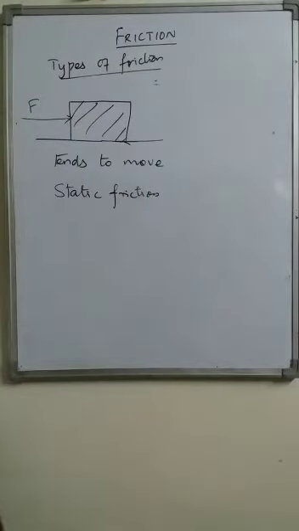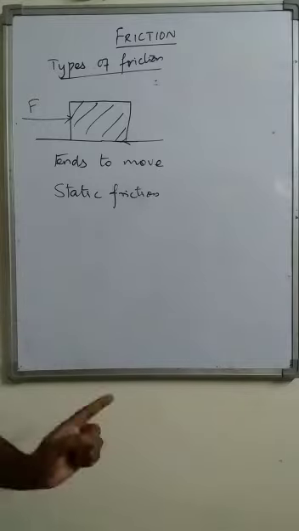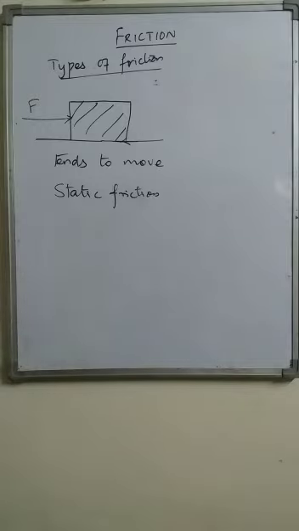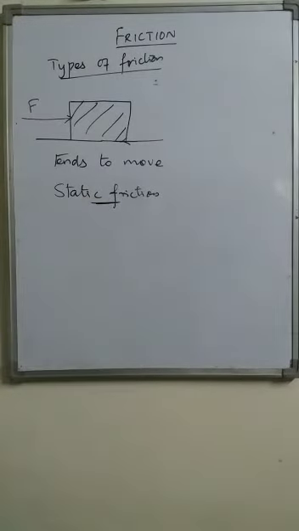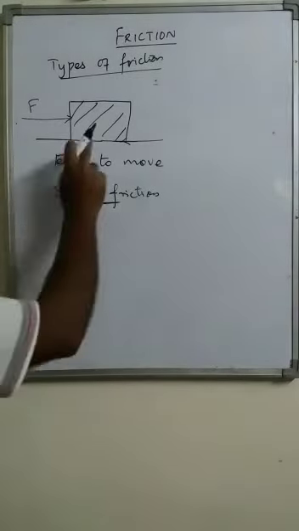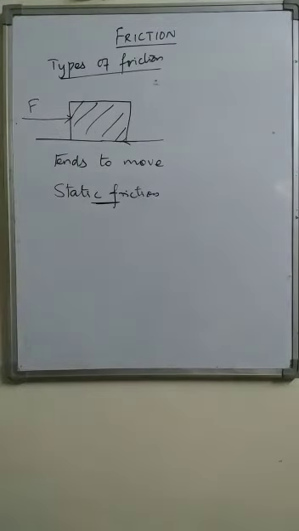Here it is at rest, but it tends to move. Not moving, but tends to move. That is static friction. Then, if the magnitude of the force applied increases beyond that limit, the